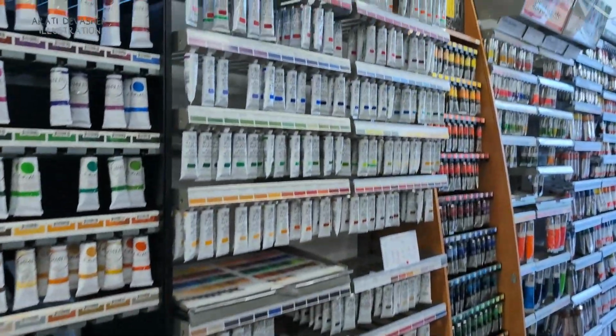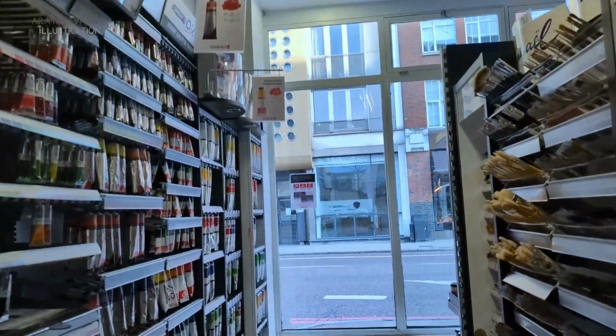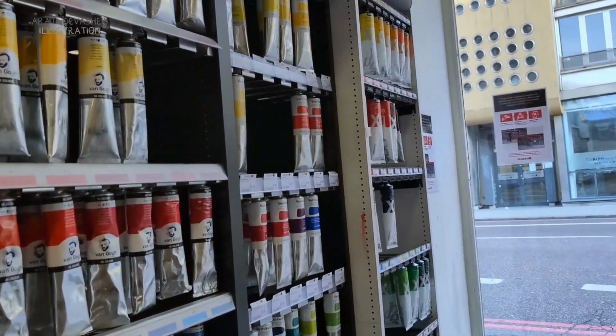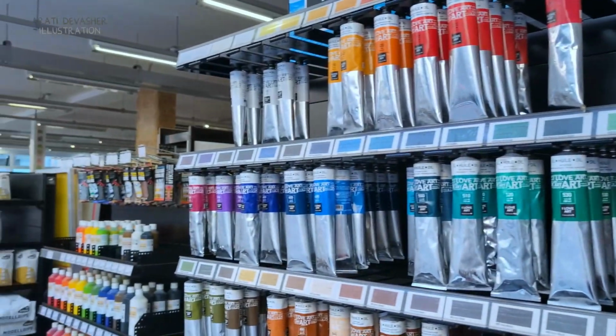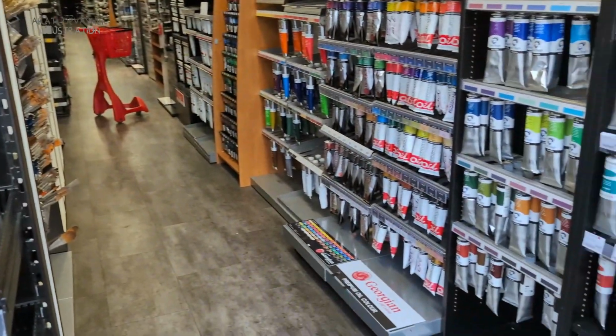Moving on to the final aisle in this section, it is full of oil paints. Loads and loads of brands and lots of colors and good amount of stock in each of them. I'm pretty sure you'd find exactly what you're looking for in here. And then more brushes on the left-hand side. I'm just giving you a glance down now to the end of the aisle over there with a few more